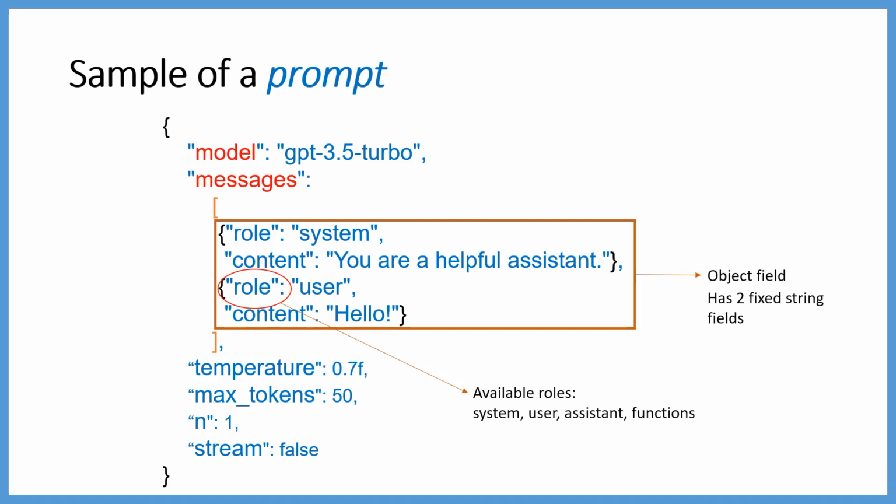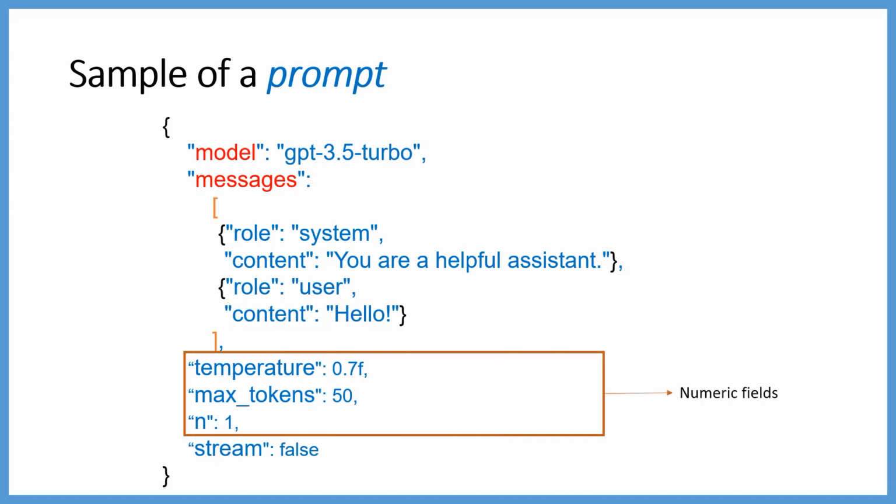The system role tells the GPT model how to react to the user's request. It's kind of a role-play configuration. But in newer versions of the API, the GPT model pays less attention to this role setting. The user role is who sends requests to the API. And whenever the API responds, it returns as an assistant role. And the function role allows you to call other functions. In the following videos, we will utilize only the user and the assistant roles.